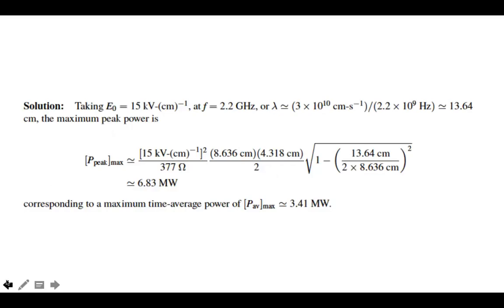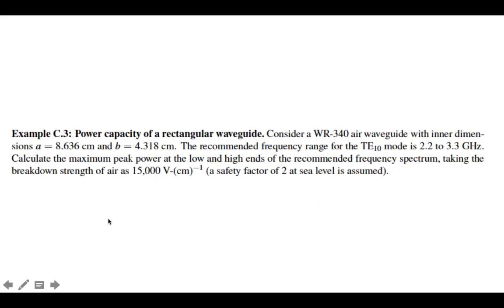Alright, so in this example, we want to look at the power carrying capacity of a rectangular waveguide. In this particular example, we have a WR340 air waveguide. Inner dimensions are given here for A and B. And for this particular waveguide, the recommended frequency range for the TE mode is given as shown, 2.2 to 3.3